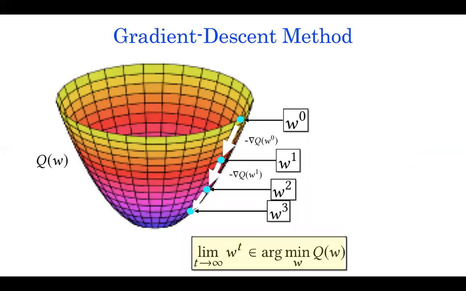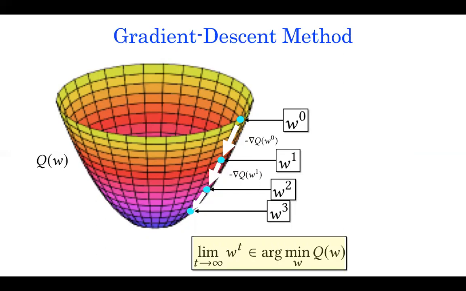Gradient descent is a well-known iterative method where you are given a cost function and you're trying to compute a minimum of that cost function. You start with an estimate of a minimum, let's say W0. You compute the gradient of that cost function at W0, and you update to W1 by moving in the opposite direction to the gradient of the cost at W0. You do the same at W1 and at W2 and W3, and you keep doing this iteratively.